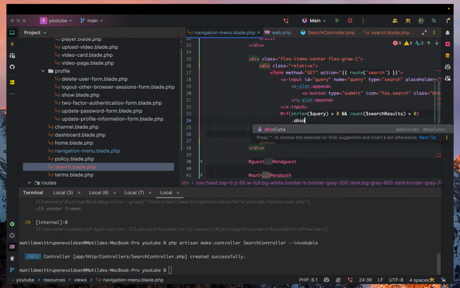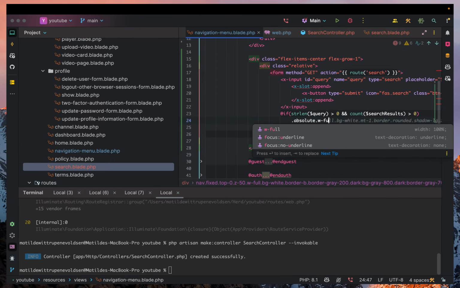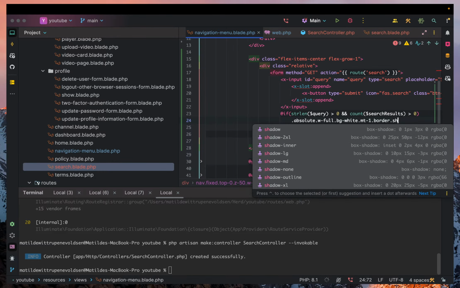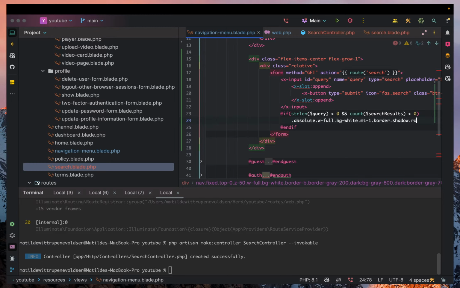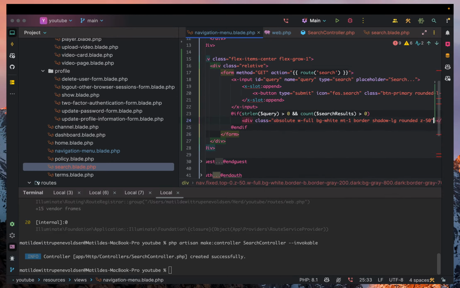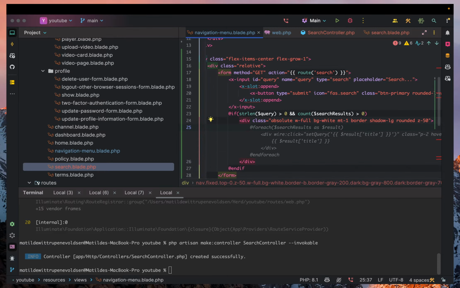here we will then have an absolute with a width full, background white, margin top of 1, border, shadow, rounded, and the shadow should actually be large. And we also just want to set a z-index of 50 because it needs to show at any given time. And in here, all we want to have is a div